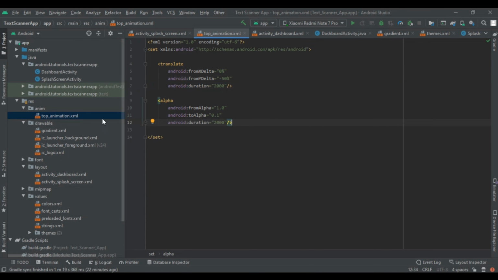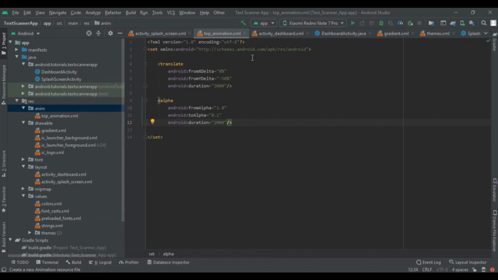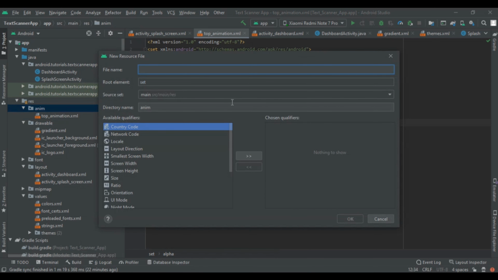Now create bottom animation. So again right click on anim, new animation resource file, and then write bottom animation.